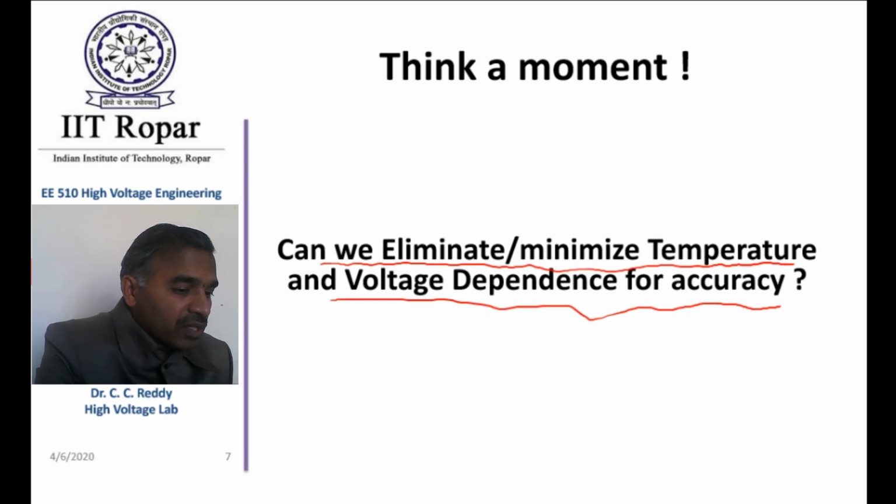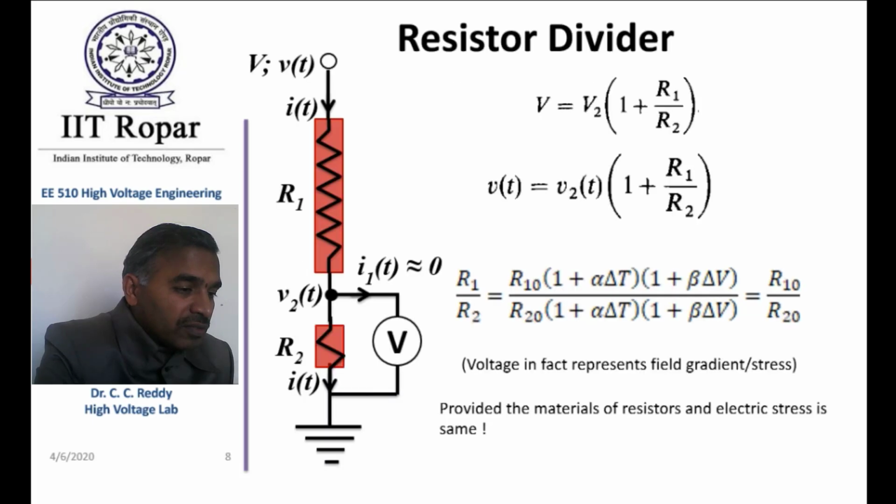So this gives you some understanding of which material to be used, so that the temperature sensitivity is less. Other than that, without changing the material, can we use some method to eliminate or minimize temperature and voltage dependence? So this is the next generation of resistive